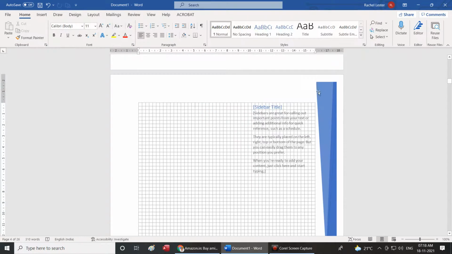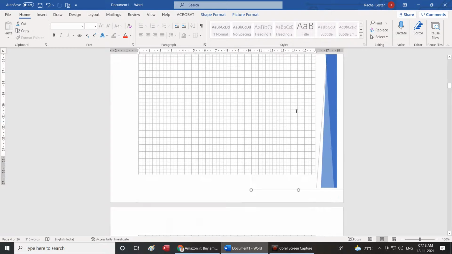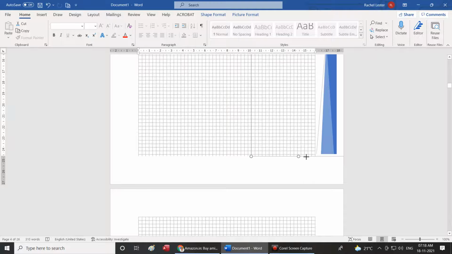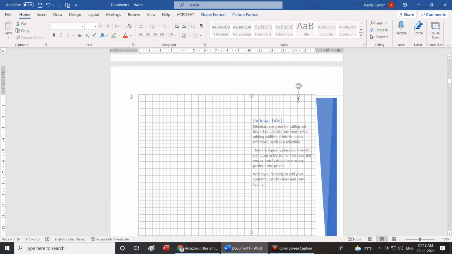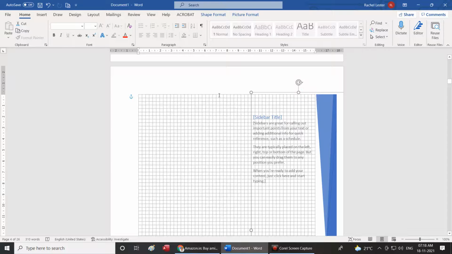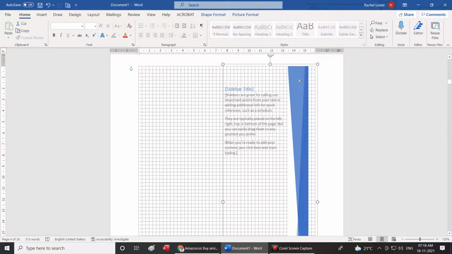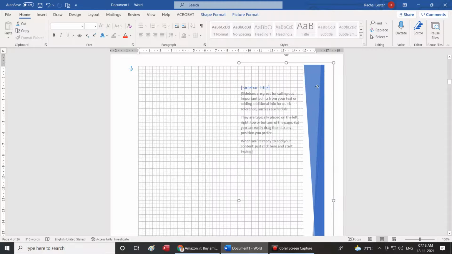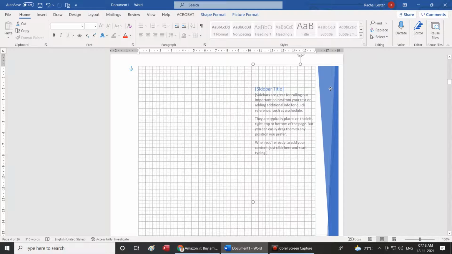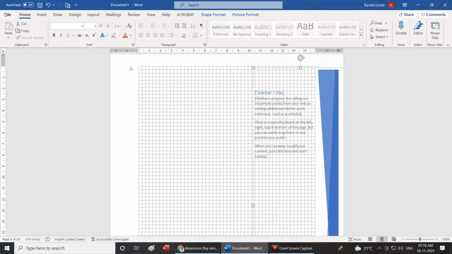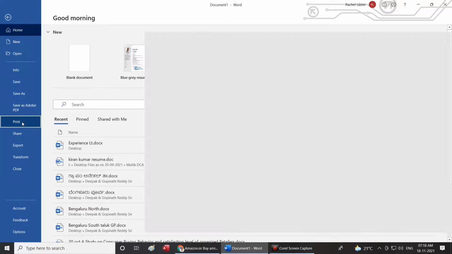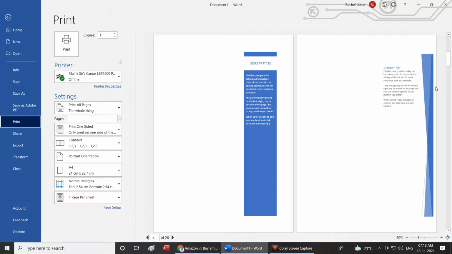And remember, whenever you add this data, you can always resize it, and you can always make some changes wherever it is required. You can include this design for the entire page, or you can only include this design excluding right, left, top margin. Here it has come within the top margin. Okay, you can always push it back here, but if you wanted that to be one of the margin, it looks neat. Okay, now if I say print, this is how the margin looks like.